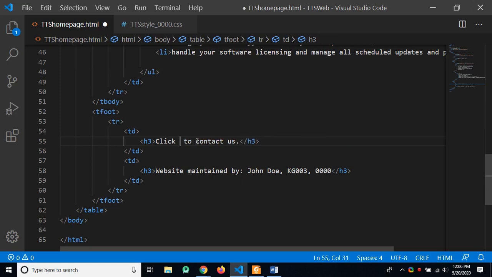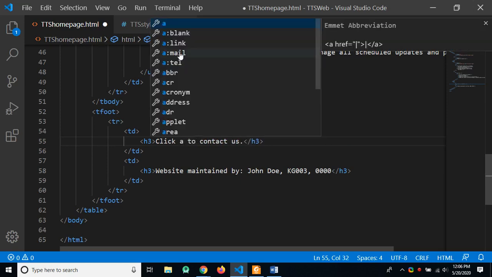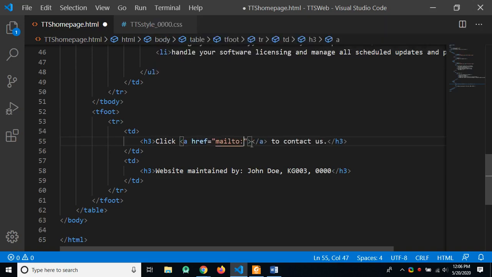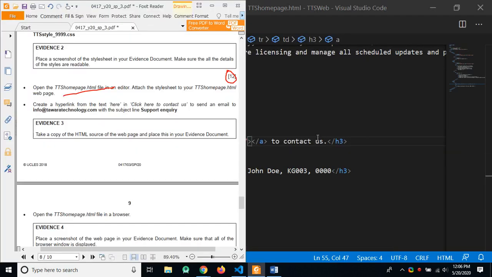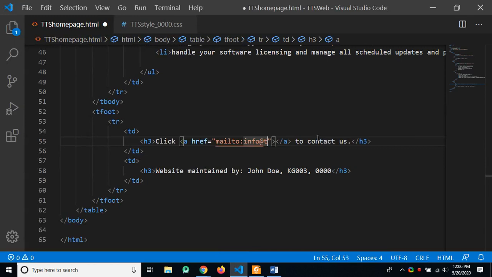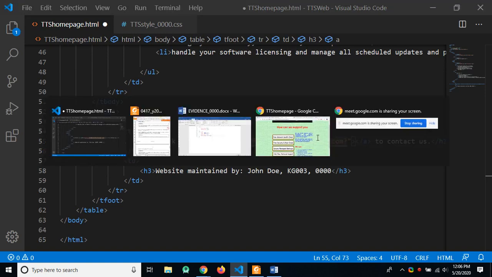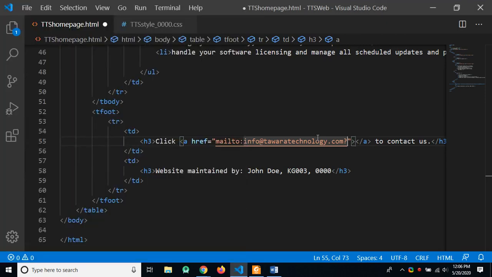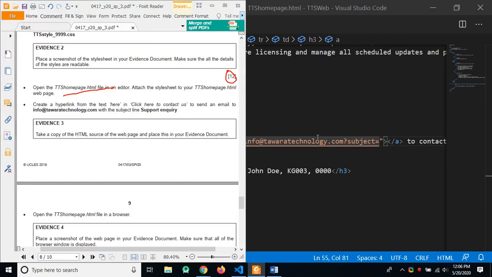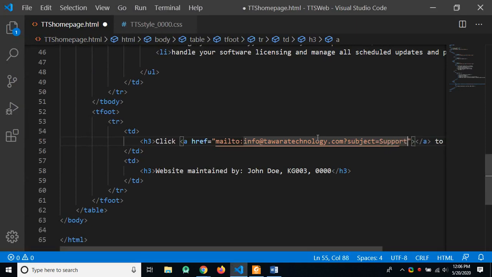You can just say a, and you have mailto, okay? Mailto, and then you write the email info at tawaratechnology.com, question mark, subject equals support, percent 20. This is for the space, and inquiry,